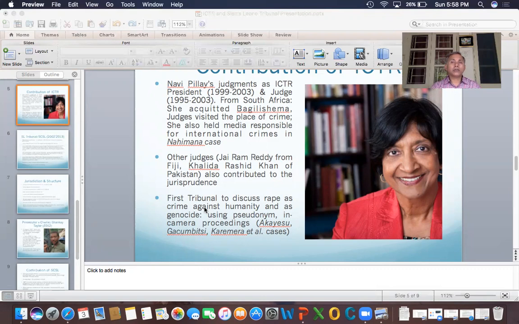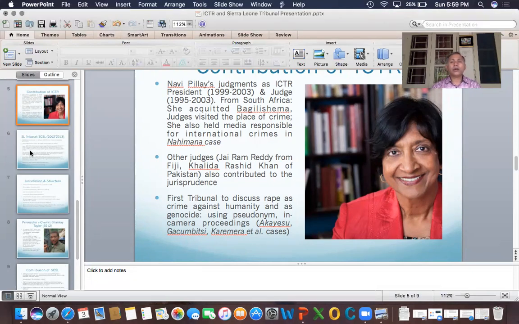This was also the tribunal which did a lot of new things, like shielding the real name of the rape victim from the outside world, so using pseudonyms. It also allowed in-camera proceedings, which has now become a new standard for the trial of rape victims all over the world. So this is how, in a brief way, we should try to understand the International Criminal Tribunal for Rwanda. Now, I'll be moving on to the next